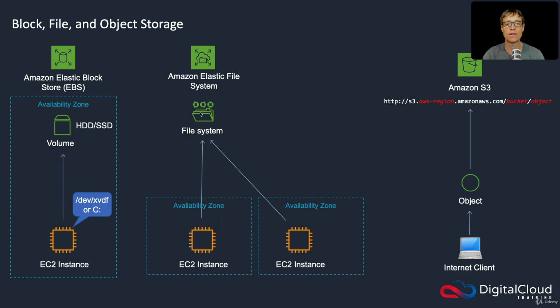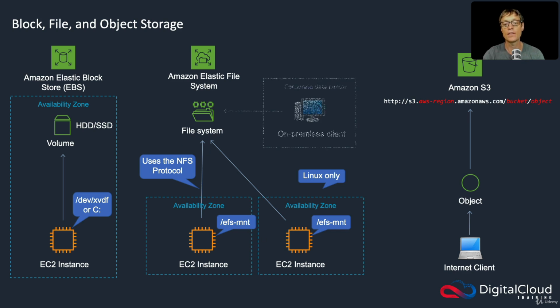We then have the Elastic File System, EFS. So this is a file-based storage system. So you can mount file systems to your EC2 instances. Again, they appear as mount points, but in this case, they're not volumes that you can then partition and format. They're a file system that's presented to you. And this is for Linux only. Now, in this case, you're using the Network File System Protocol called NFS. And as I mentioned, this is only for Linux. You can't attach Windows systems to an EFS file system. Another thing you can do with EFS is you can actually connect on-premises clients over a virtual private network, a